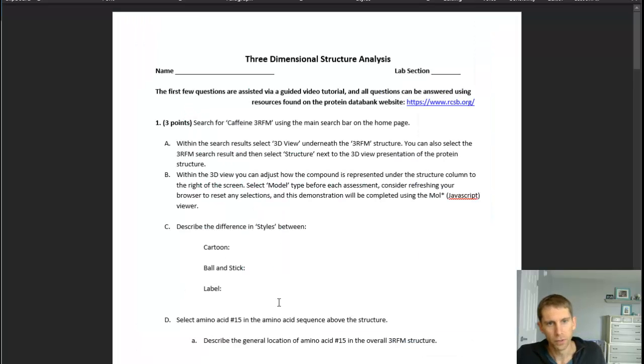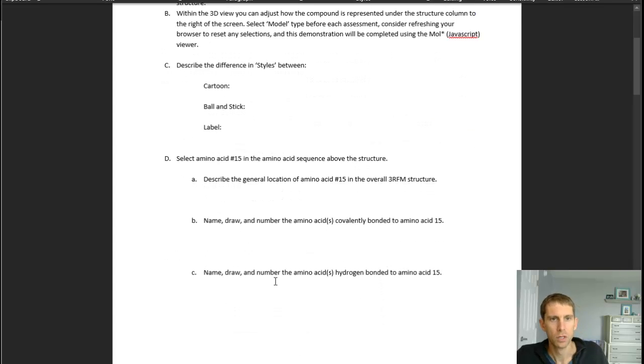All right, so hopefully you can describe in your own words the differences between those specific styles on the diagram within that program. For the next question, we're asked to select amino acid 15, and first